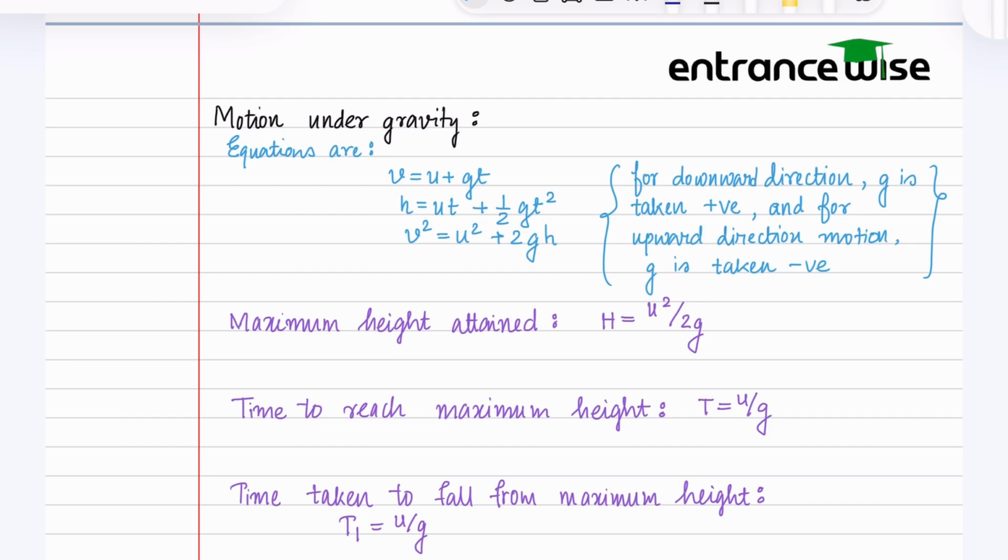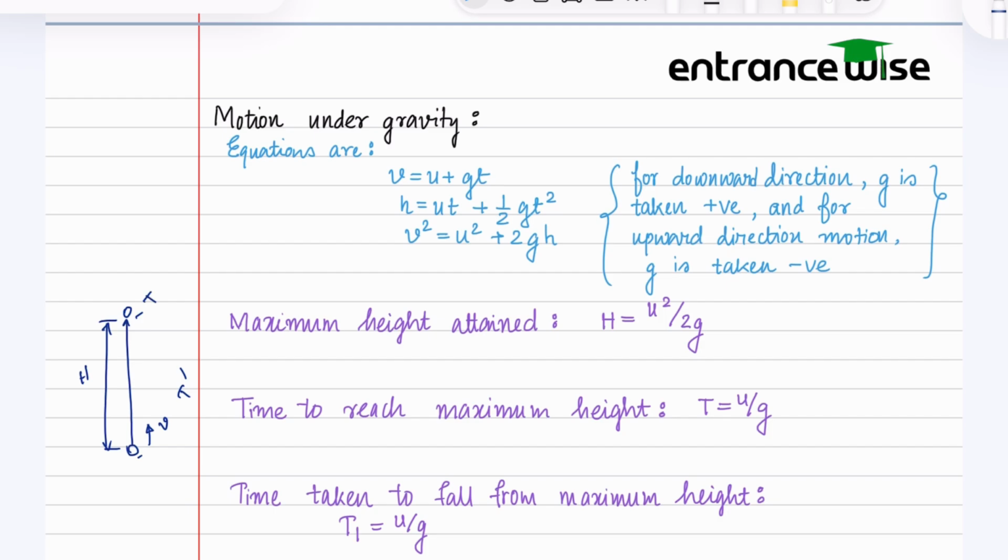Now, let's say this is the particle which is moving in the upward direction and it reaches a point here. The total height it traveled, let's say it's h. The velocity at which it started is v, and the total time is, we can say, t dash, and the total time it has taken to reach from here to here is capital T.